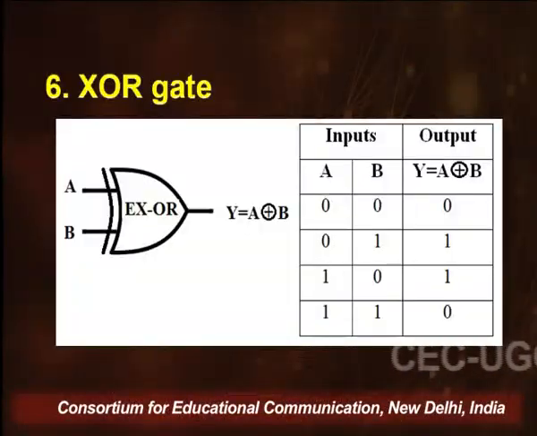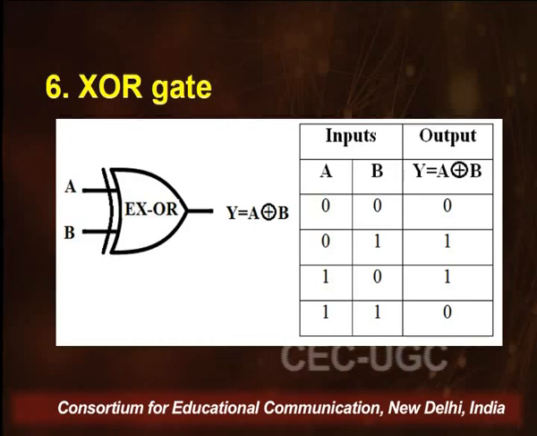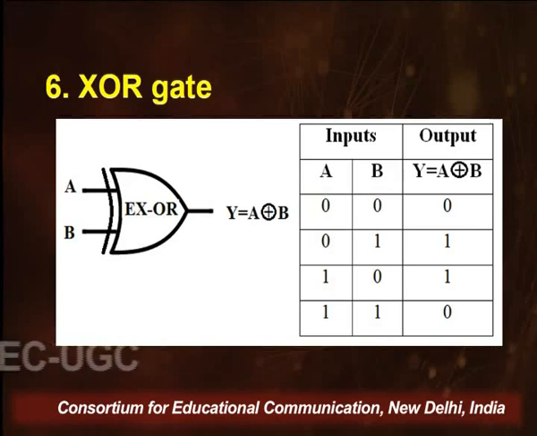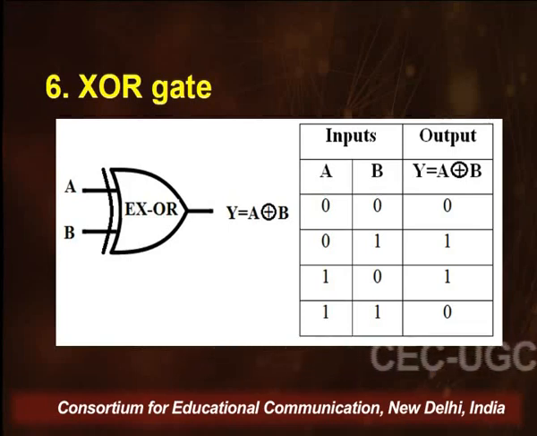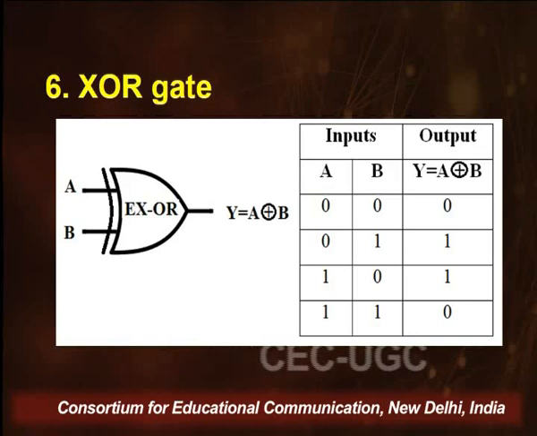Coming to the next gate, which is the XOR gate, also called the exclusive OR gate. Symbol remaining the same as the OR gate. Now the difference is that we have a curved line in front of the OR gate. Minimum 2 inputs, A and B. And if you look at the output, Y is equal to A with a plus sign, which is encircled, just to differentiate between an OR, a NOR and an XOR. So that just by looking at a symbol, a plus which is encircled, we will be able to understand it is an XOR gate. Look at the output column.